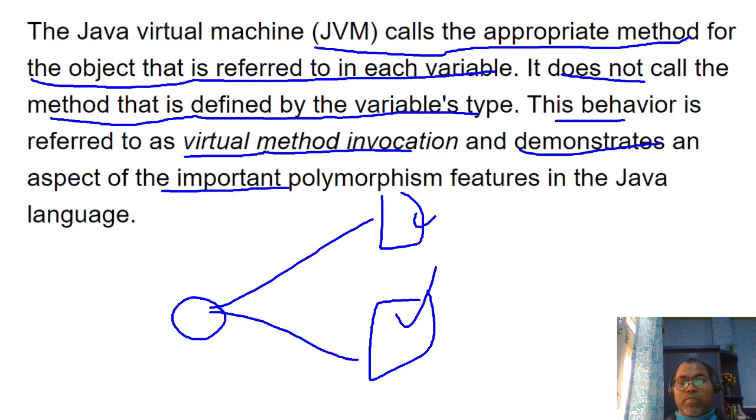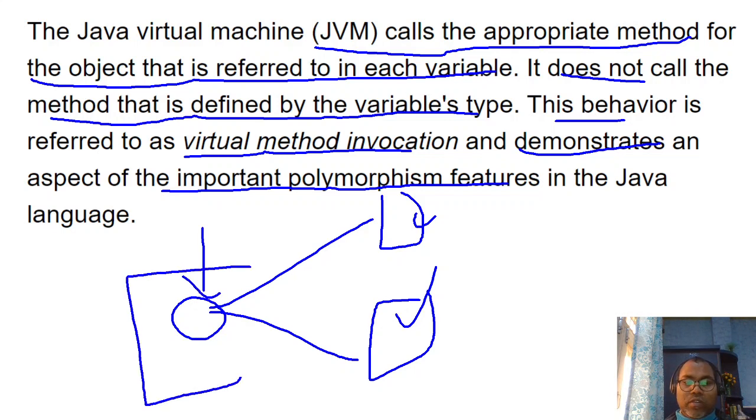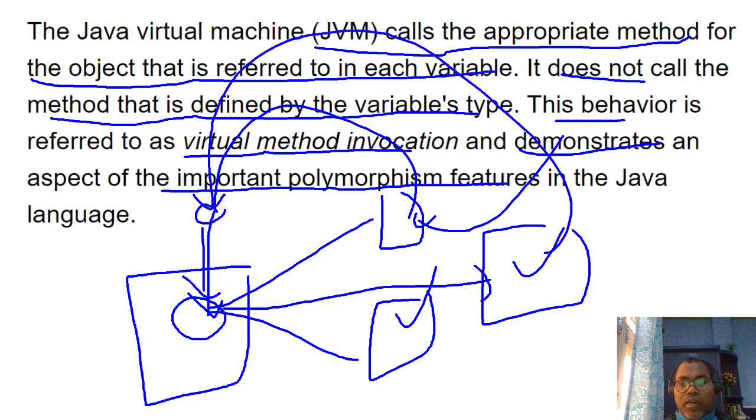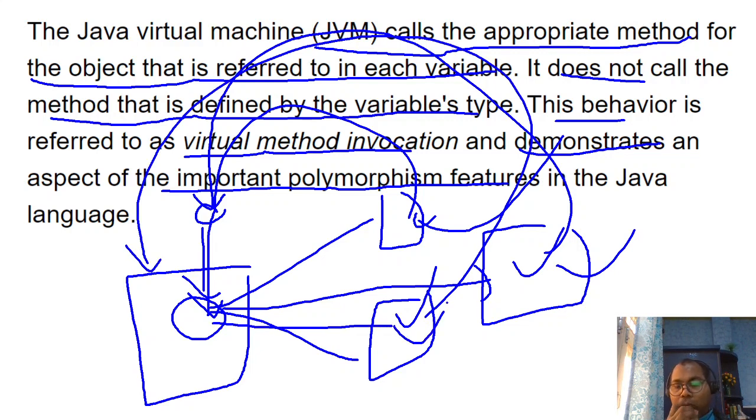This is the importance of the polymorphism feature. Polymorphism decides which method we are going to invoke. If the superclass reference has two or three implementations, which implementation is invoked depends on which object you are passing. If you pass the object of this class, it invokes one method; if you pass the object of that class, it invokes this method. So this is runtime polymorphism. For overridden methods, which method is invoked depends upon which kind of object you are passing to that method.